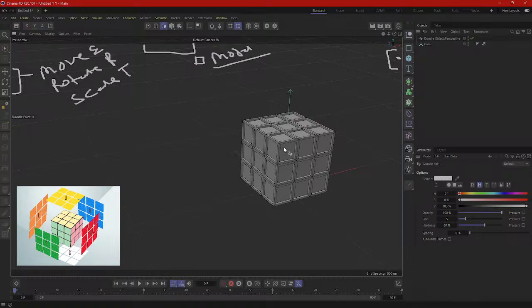So this is for face selection. If you need to select your faces, you just click here. If you need to select your edges, you need to select here. If you need to select the points, you need to select here. And when you get familiar with these tools,